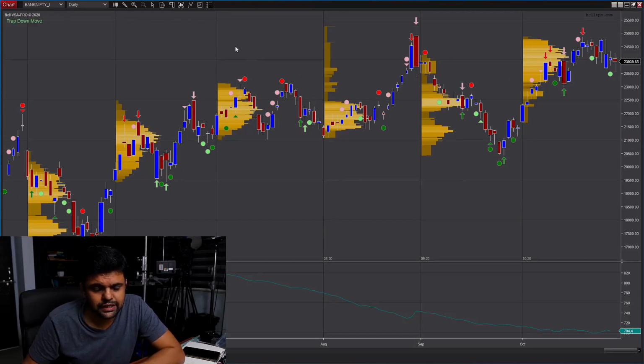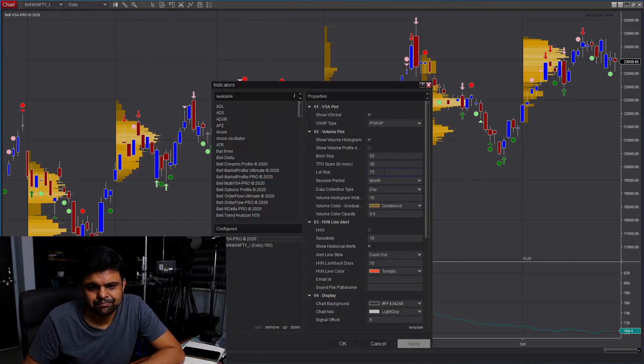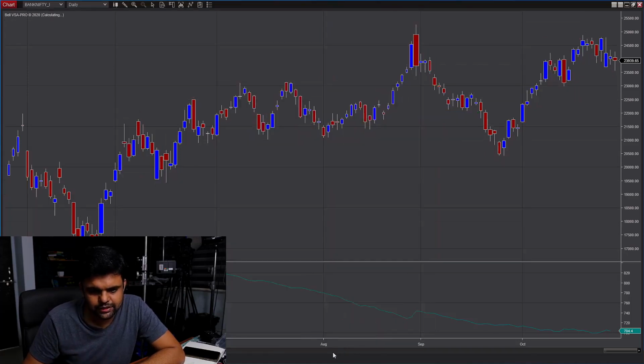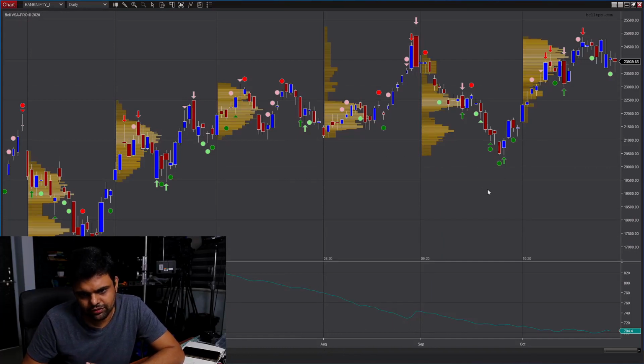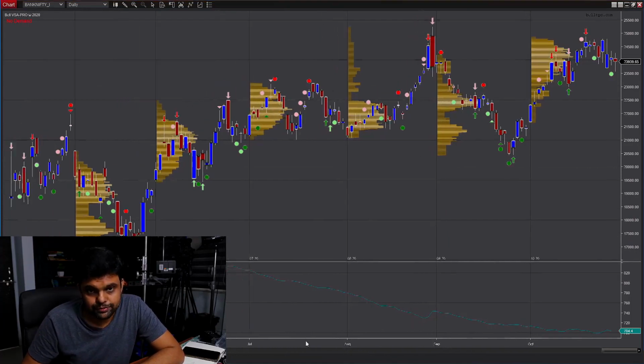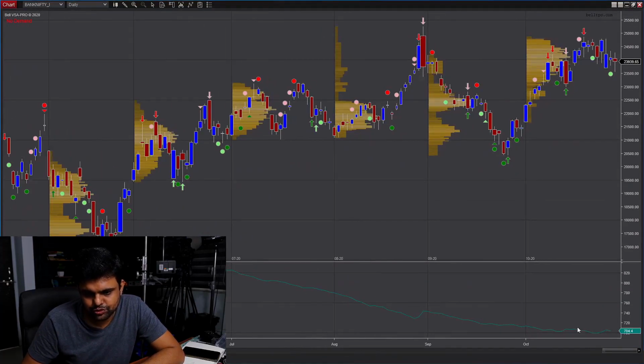The only change I have to make here is to go here, right click indicators, and here in the brick size I will select 175, and I will clear up in a bit why I am selecting 175. I will just click OK. The indicator will plot again. Okay, now we have a good looking volume spread analysis chart with the average true range indicator below that. Alright, so this is how I set my daily charts.